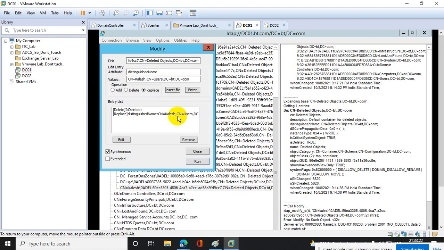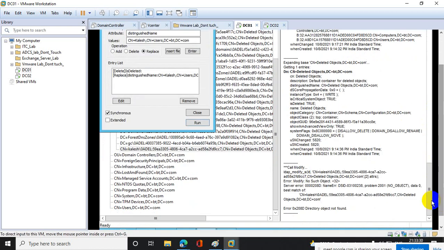Kalesh, anything wrong? Spelling only of this time was previously. Sorry? The spelling is correct only. Spelling is wrong. No, it's right only with that. This spelling only you have written in the user. CALESH. Oh, sorry, I forgot.